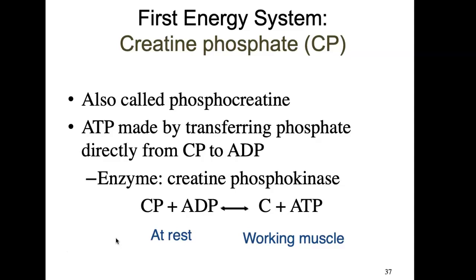We know that ATP is made by transferring a phosphate onto ADP, adenosine diphosphate. So if adenosine diphosphate were present already, and we had a really fast route to getting that extra phosphate and slapping it on the ADP, we could make ATP pretty quickly. Well, that's what happens. We have this enzyme called creatine phosphokinase, and if we have